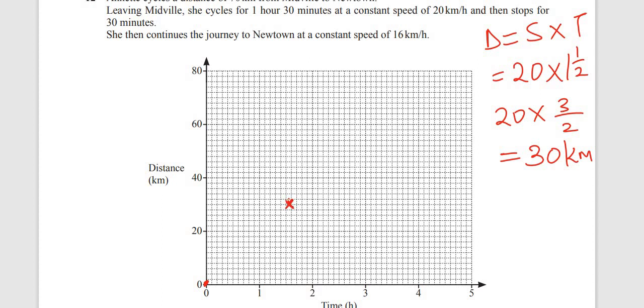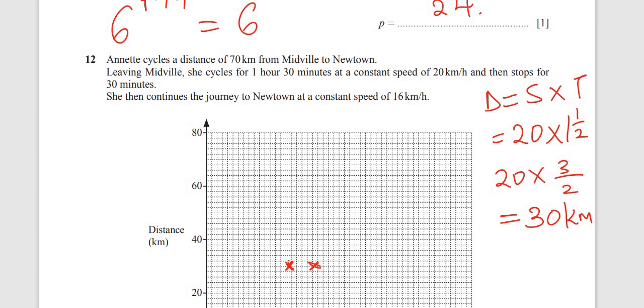Then she stops for 30 minutes. So after the 1 hour and 30 minutes, she then stops for 30 minutes. So that means up to there. There's no increase in the distance, it's only the time. So that's how we need to do it. Then from there,